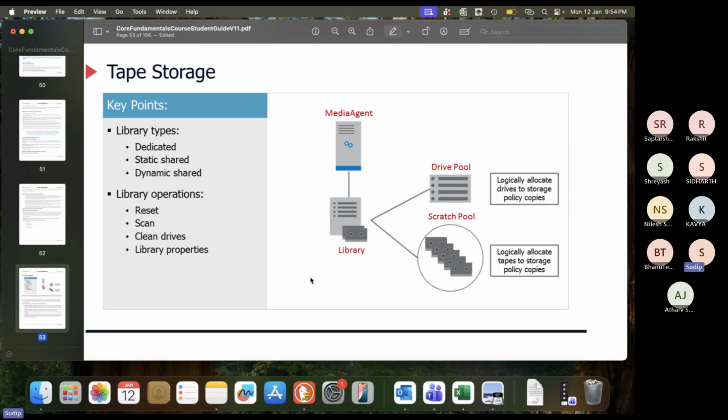So tapes are the only medium available today which you can attach to a system, write some data onto it, and ship that tape to some remote vault and store it there for disaster recovery purposes. If everything else goes down, your last resort is tape. It's risky, but that's the only option available today. And that is the reason why